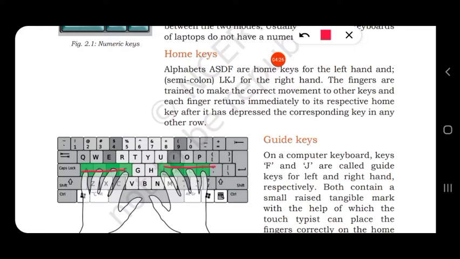Whenever our fingers move to other places on the keyboard, after completing our typing task, our fingers should come back to the home key position. So it is called home keys. A, S, D, F and semicolon, L, K, J are the home keys.